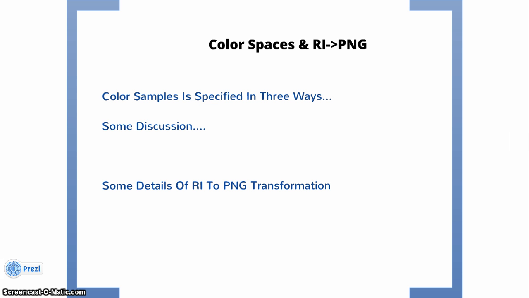Now coming to the fourth part, that is grayscale. Each pixel consists of a single sample, gray. The alpha channel may be represented by a single pixel value as in the previous case. If the alpha channel is not represented in this way, all pixels are fully opaque. Fifthly, the indexed color. Each pixel consists of an index into a palette. So by following any one of these, you can transform a reference image to a PNG image.